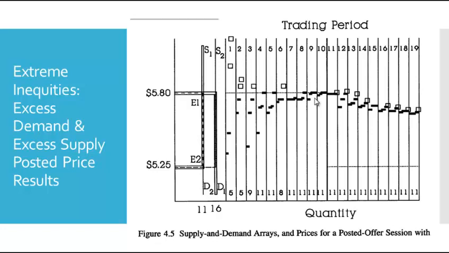Now at the 11th period, the supply is low, but the prices adjust very slowly relative to oral double auction. You have prices declining. Now it's very strange. If you look at those white squares, the white square means that the posted price is there, but it was not sold. Now this is a situation where you have excess supply. So I guess that makes sense. There are 6 extra units. So you can see that the basic